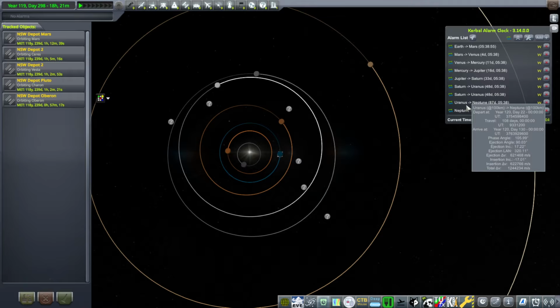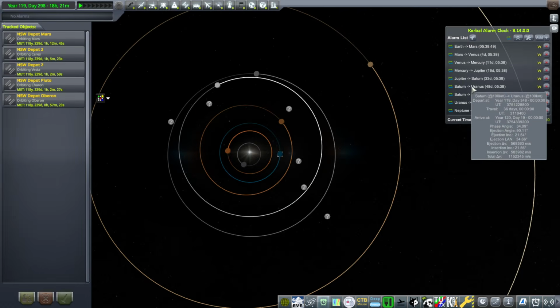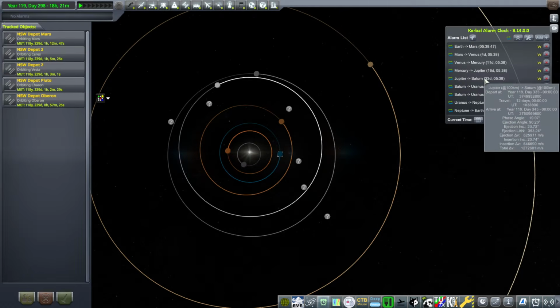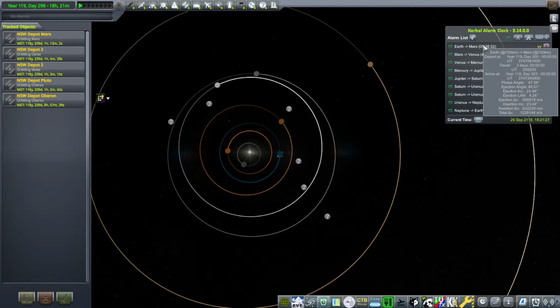Though it depends. This one that I've got from Uranus to Neptune was plotted out for 1.2 million, but we might expedite that a little bit. So I've got some alternate ones here depending on how much I want to spend, but I've already got some ships cooked up, and I'm going to be testing out whether they can do the trips that we have planned. But basically, we're trying to get from Earth to Mars in 3 days, Mars to Venus